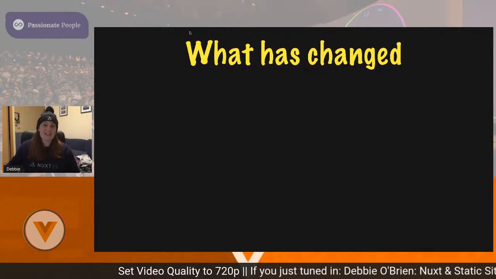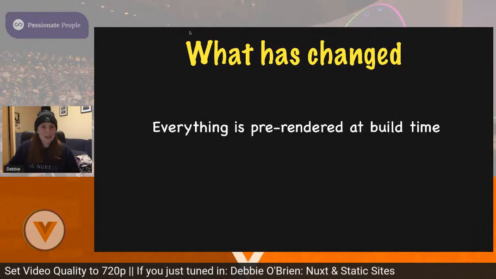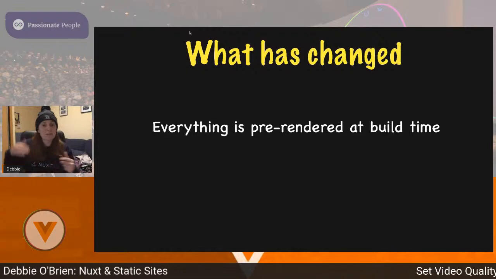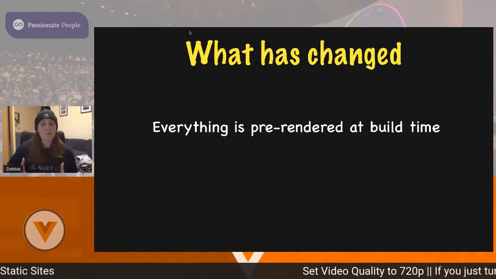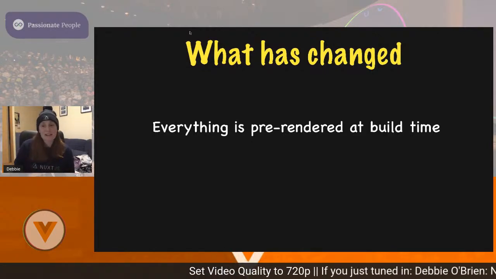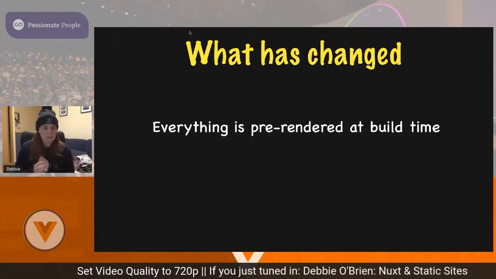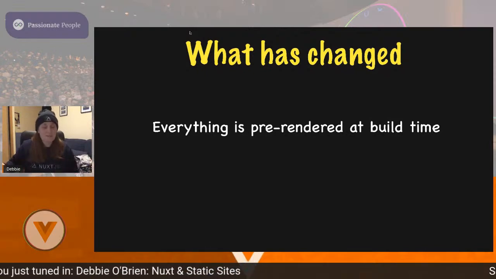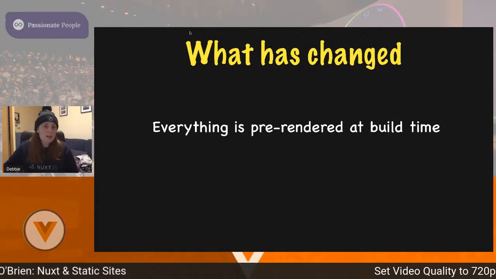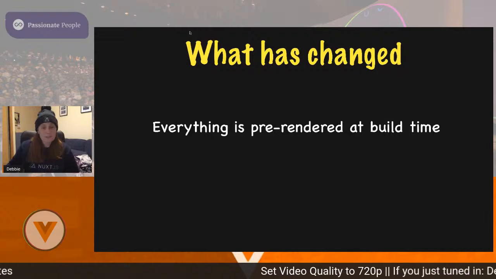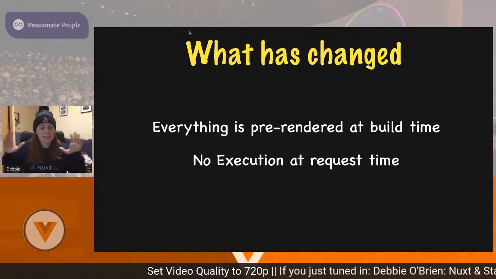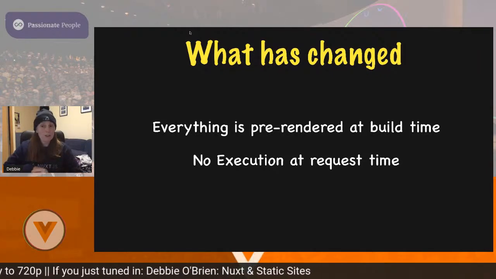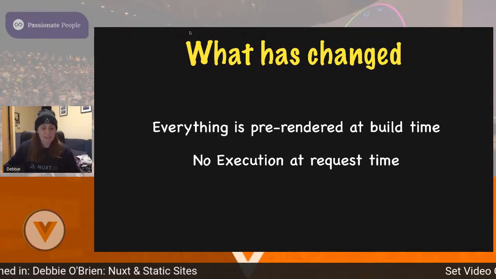Okay, so what has changed, right? Everything is now pre-rendered at build time. So we build things ahead of time, and then we send them to a CDN so they can get to a browser quicker. And sites are served statically, so we don't have to perform any execution at request time or on some kind of server. And this just simplifies deployment. So a lot of functionality that was traditionally processed in the backend now takes place in the user's browser, for example form validations, or we can just call out to a URL to make a payment.